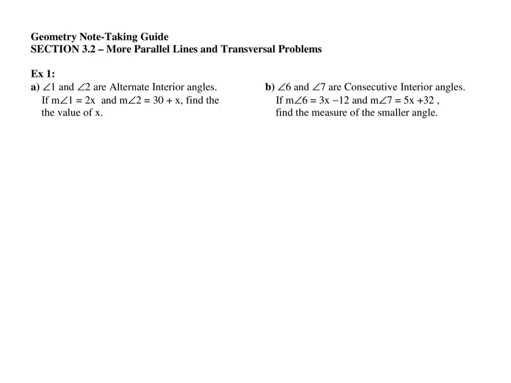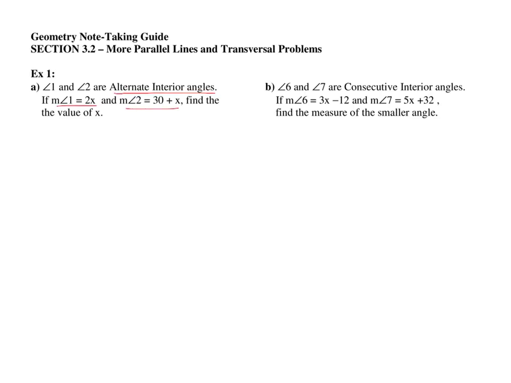All right, starting lesson 3.2, more parallel lines and transversal problems. Example 1. Angle 1 and angle 2 are alternate interior angles. If measurement angle 1 equals 2x and measurement angle 2 equals 30 plus x, find the value